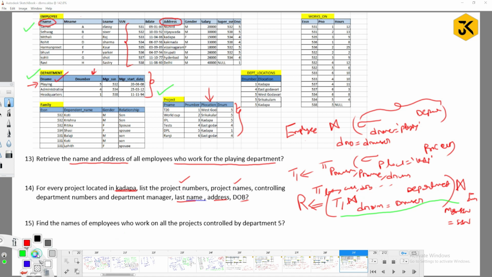Next, find out the employees who work on all projects controlled by department number 5. Tell me, this is somewhat different.